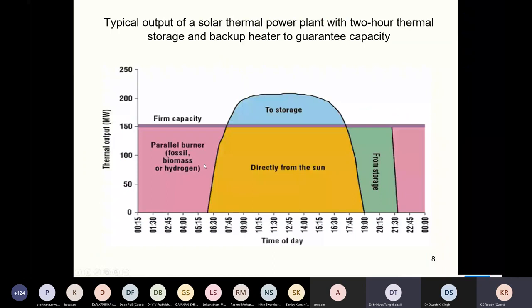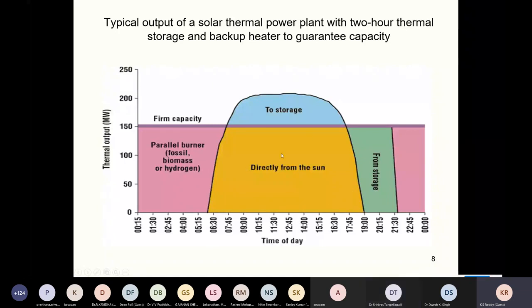The purpose of energy storage: you can see that during the daytime it operates like this, but your load capacity is this much. Then we will produce excess energy. This excess energy goes to the storage, and then it can be retrieved after the sunshine hours, for example after 7 o'clock, and then used. So you can shift the storage into extended operation. But how much you store is very important, whether you store only for 2 hours, or go for 16 hours, or for the entire cycle. It's a trade-off between the cost and the operating hours.